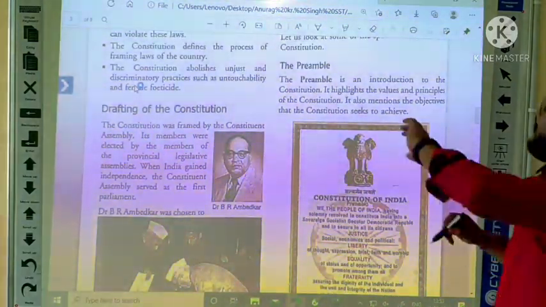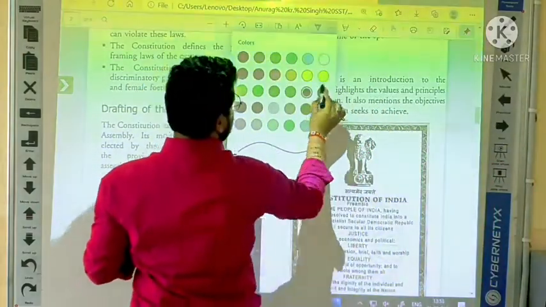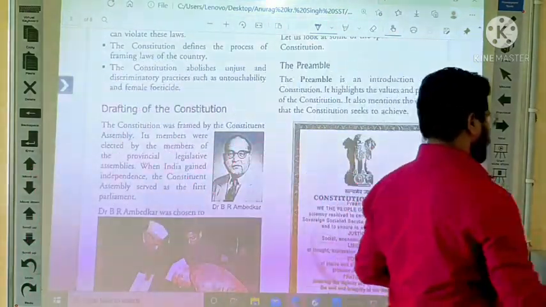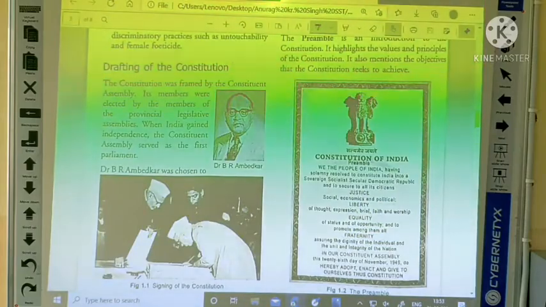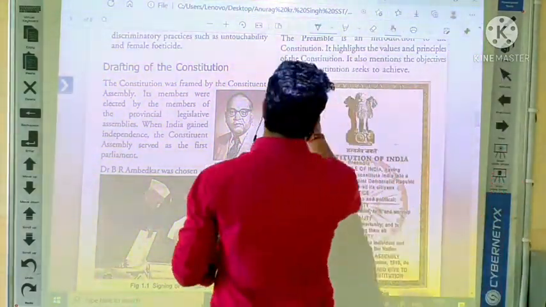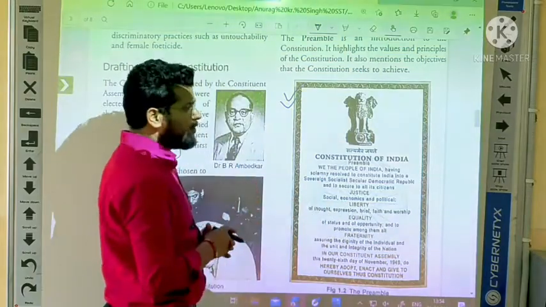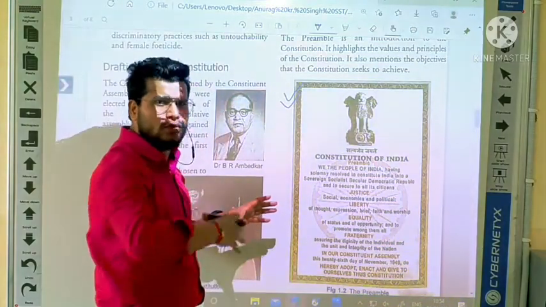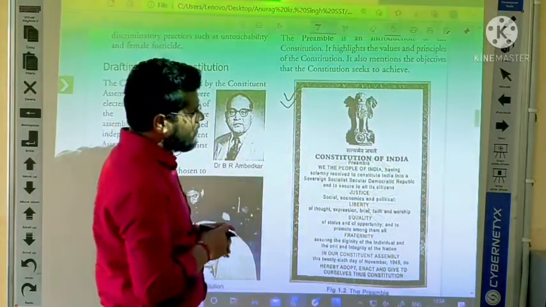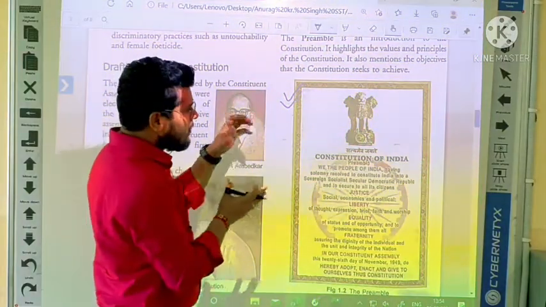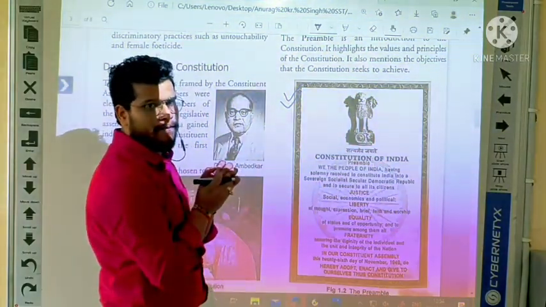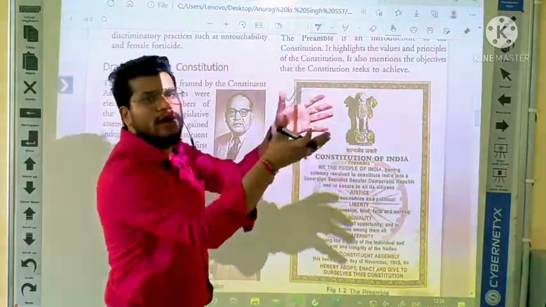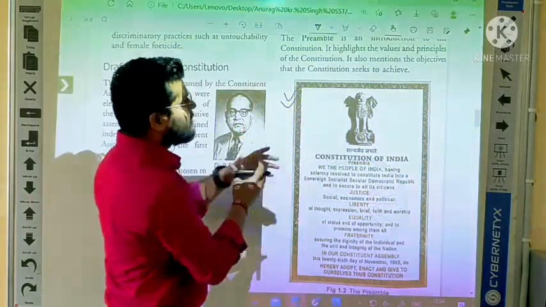Yes, everybody see here. This is our constitution's image, or say introduction of our constitution. It is not easy to go through the constitution. So the constitution makers thought about a very short form that clears the image of our constitution, that clears the aim of our constitution. Okay, so this preamble